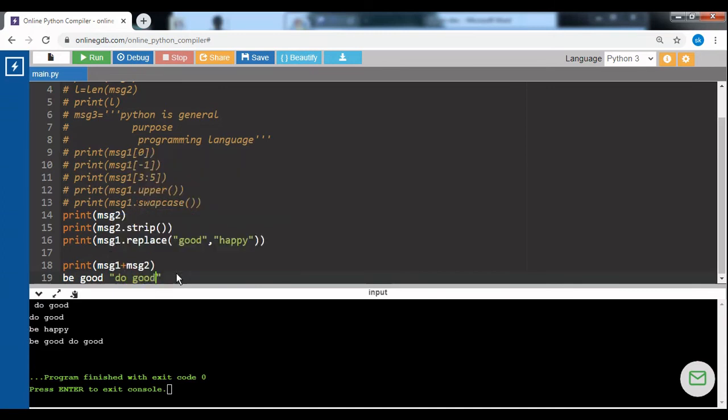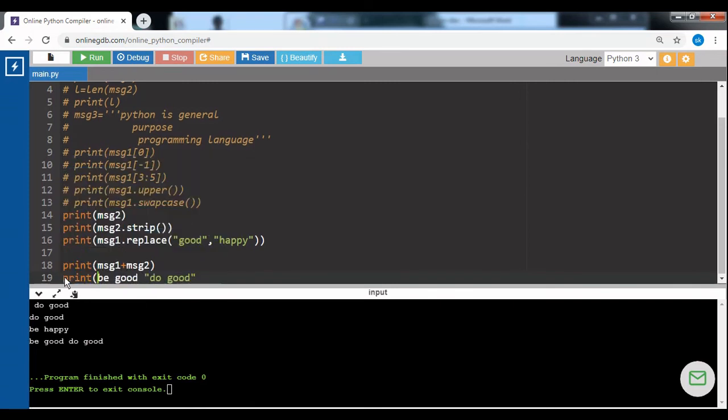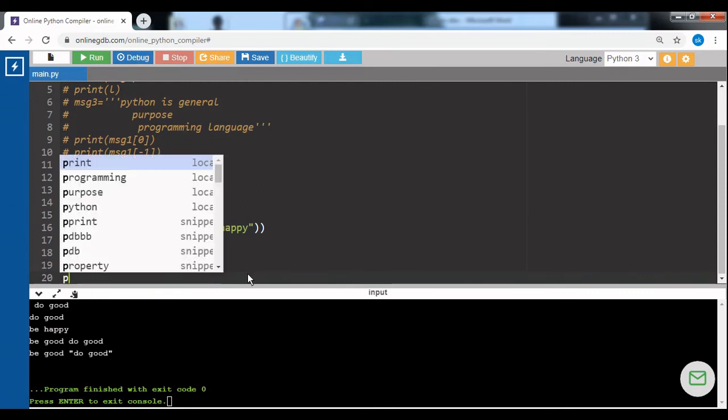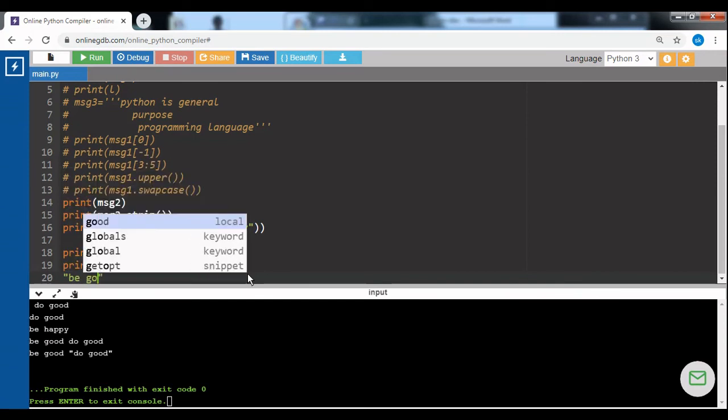I want to print the string literal in this way. How that can be done is, if I use single quotes, there is no issue. I can straight away give single quotes to both ends of the string, and if I execute, I'll get the value. Suppose I am using double quotes at the starting and ending of a string, in this way: be good.